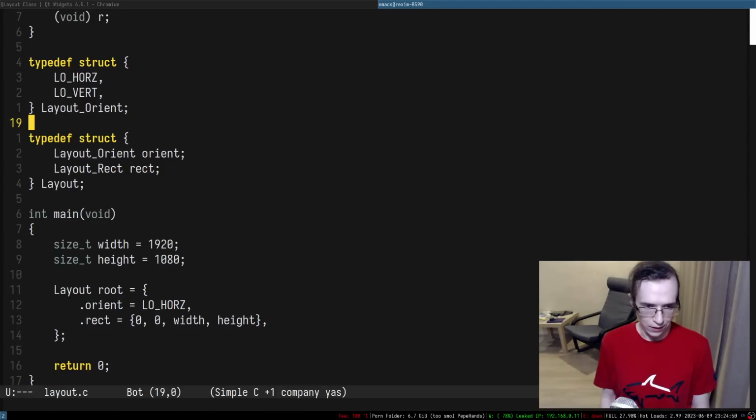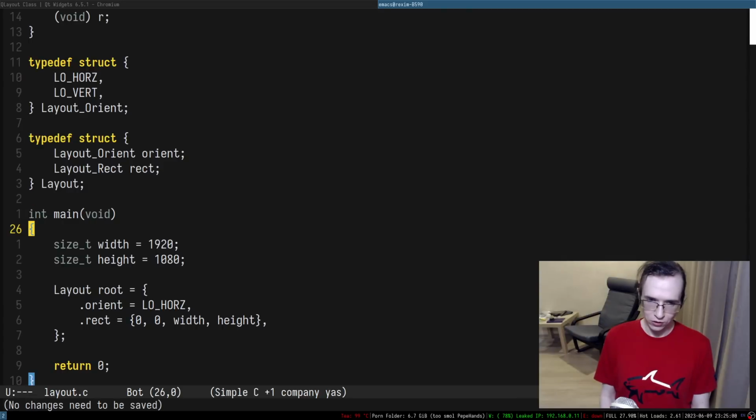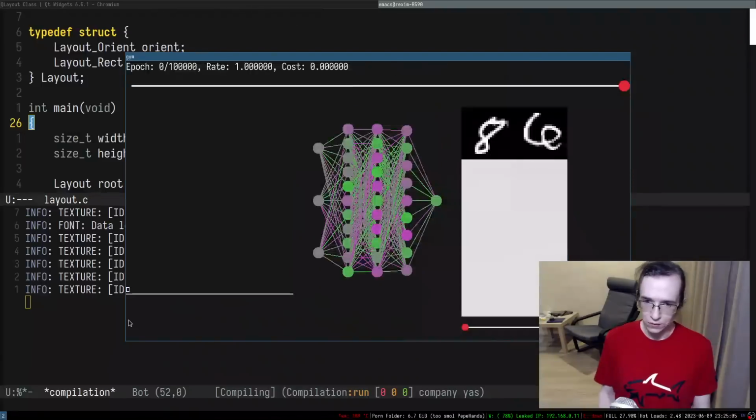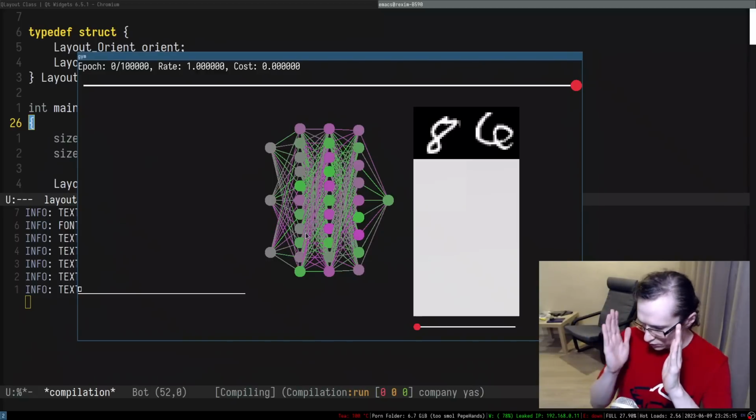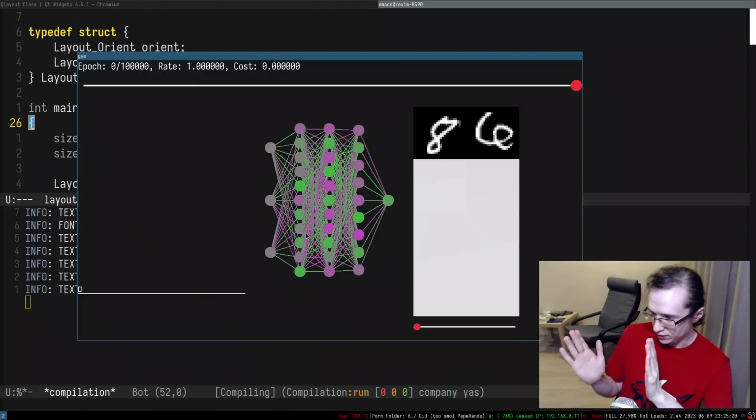So this is the layout, and essentially I want to be able to ask that layout, give me the next slot within that layout, similarly to how we do that in here. Here we have the whole thing, and we have 3 widgets in here. But to give you a specific size of the rectangle, we need to know how many elements we're going to have in there.